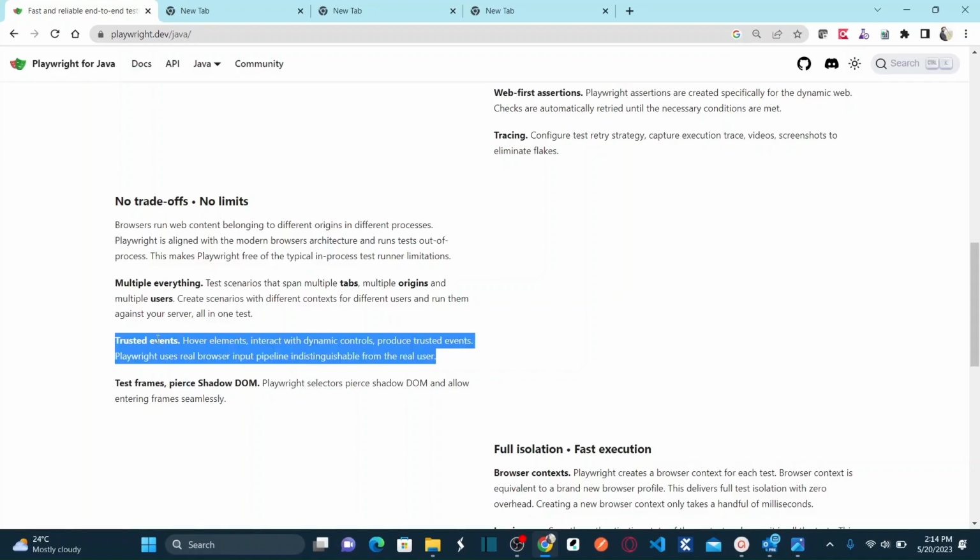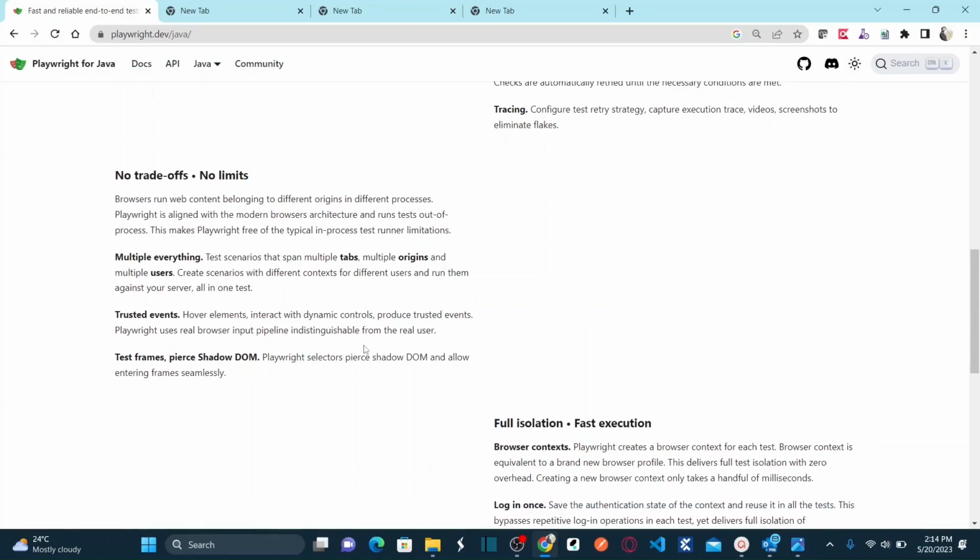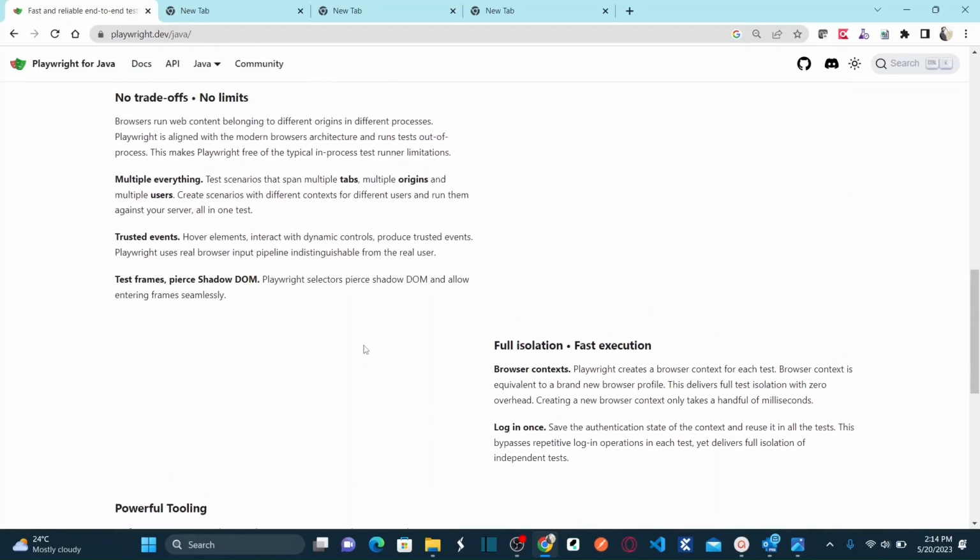Okay, I'm going to teach about trusted events, like how elements interact with dynamic controls, when I teach you the different types of concepts while doing our practical sessions. Okay, and then frame piercing and shadow DOM piercing. Selenium also supports shadow DOM, but Playwright selectors pierce shadow DOM, and also allow entering frames seamlessly,